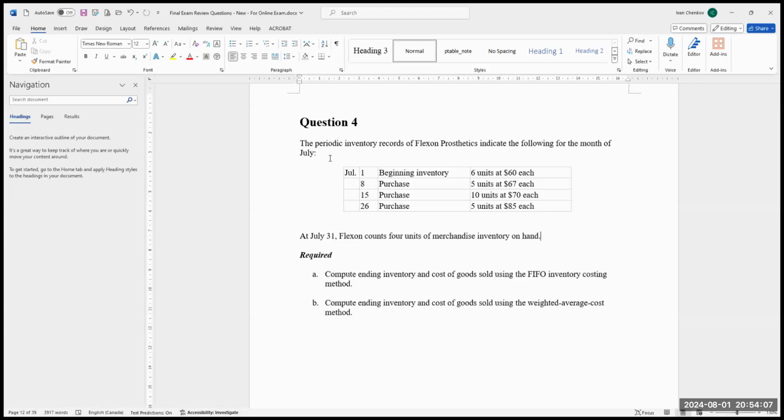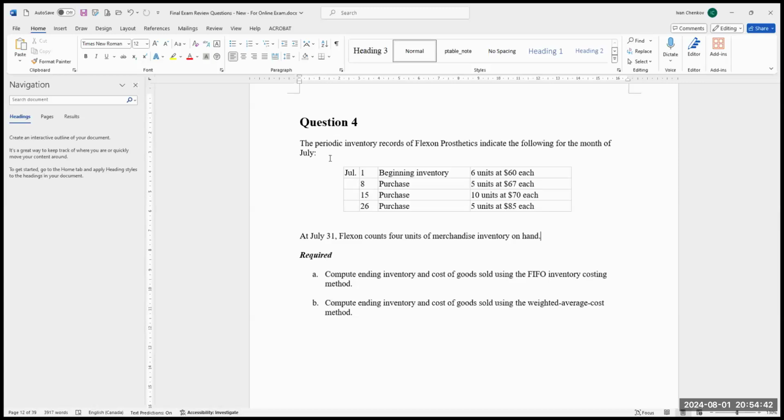So on the periodic inventory system, why do we call it periodic? Because on the periodic system, we count at the end of the period how many items we have. Then we chase the purchases. At the end of the period, we calculate the ending balance. And once we calculate the ending balance, we can calculate cost of goods sold. That means we're not recording cost of goods sold at the time of the sales. We're recording cost of goods sold at the end of the period